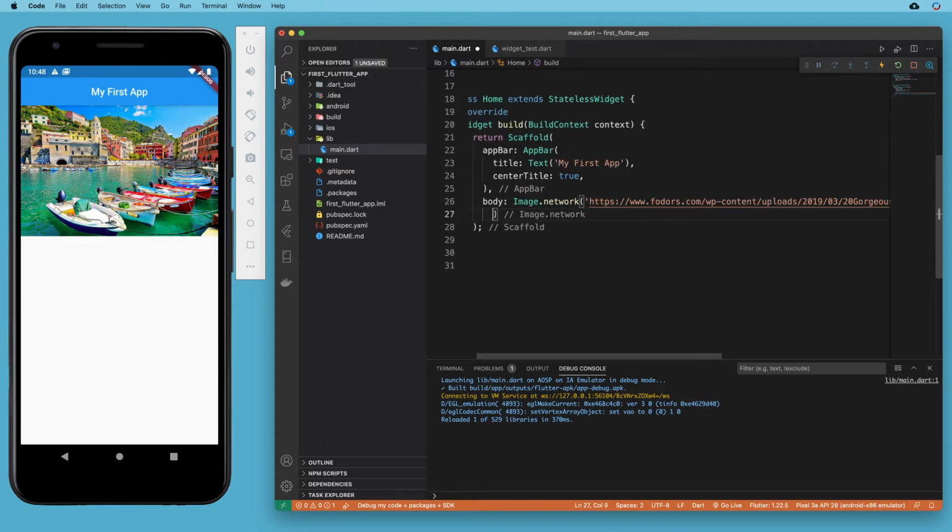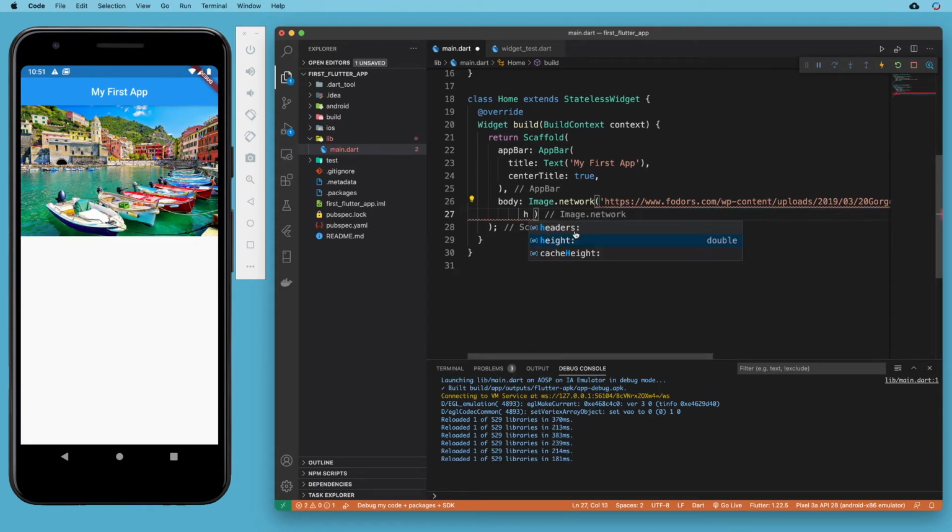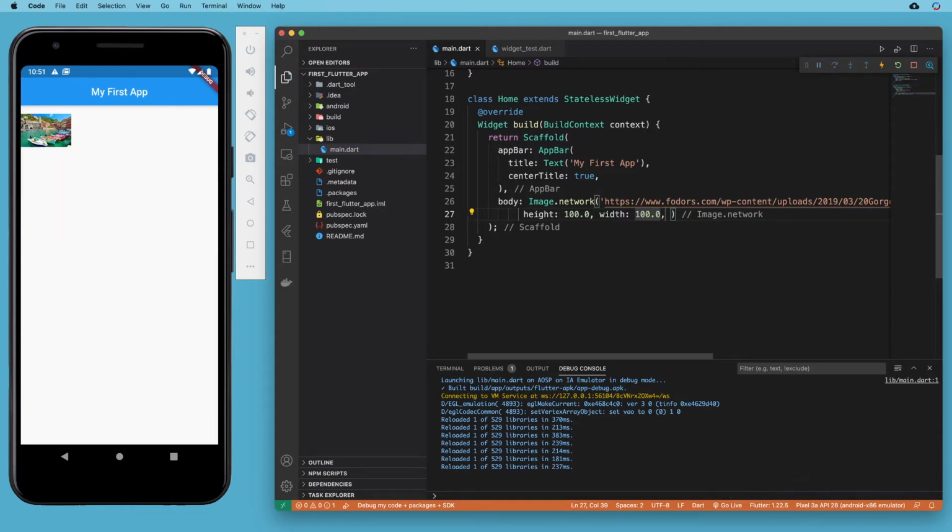Let's take a look at a couple of properties that are available on the image widget. So there are properties for both height and width in here. So I could say height of 100 and width of 100, and it's not going to square it off. It's just going to take the width and make it 100, and the height is going to be 100, but it's not going to stretch the image. So the actual height is actually a little higher than the image there. So I've created basically a box of 100 by 100, and the image is kind of sitting in the middle